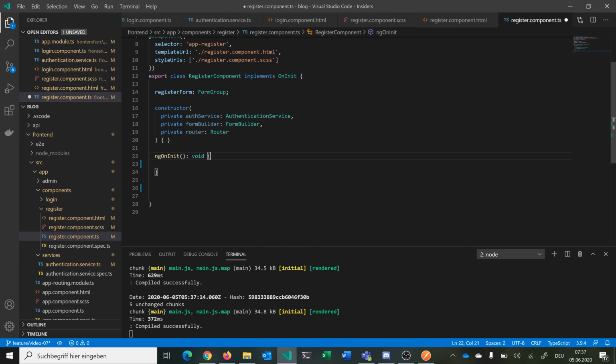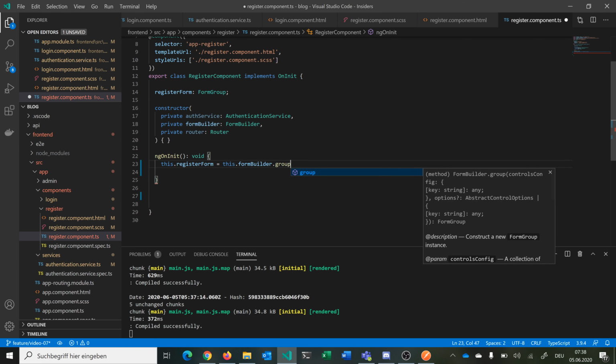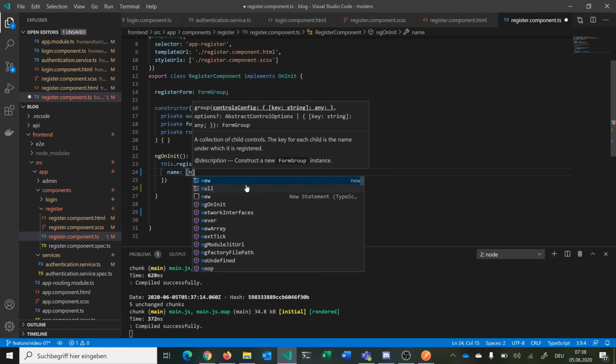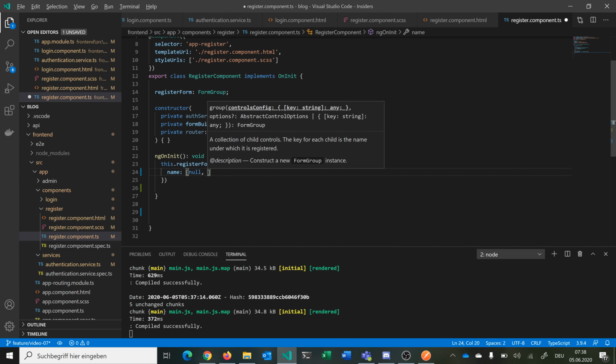So we can navigate again if everything is success. So we can navigate to the login page after registration or whatever. So the first thing that we do, we want to initialize our register form. And for this we can use our form builder and group. And so this is just basically the same as before in the login form, but just a different syntax or a little bit shorter. So we can just say we initialize it here also with a null value,